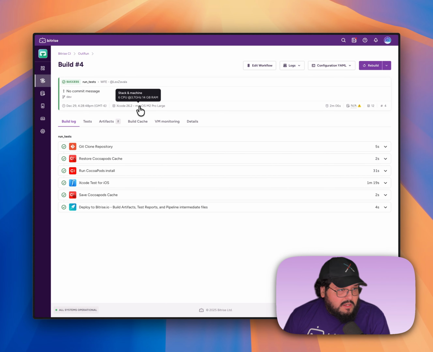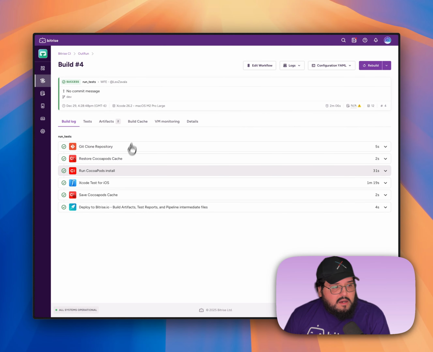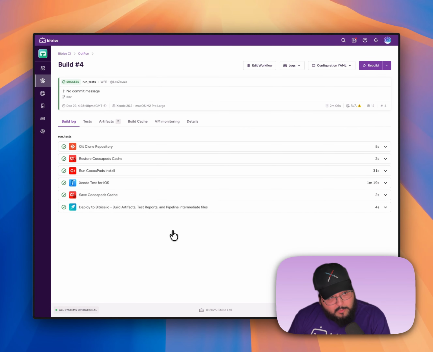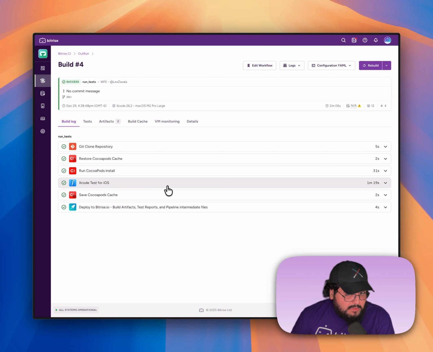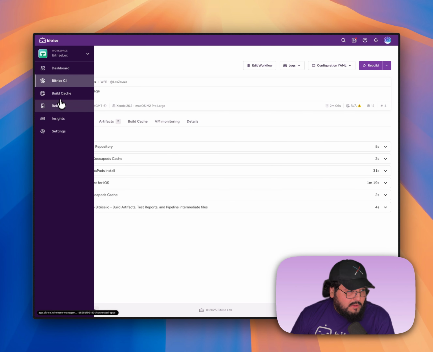And I have it running on the latest Xcode 26.2 stack from Bitrise. And Xcode 26 happens to be a requirement here for the Xcode Build Cache. We also have Gradle and Bazel, but this one in particular has that dependency on it. This is running without any build cache, so I'm going to go ahead and navigate you to how to set